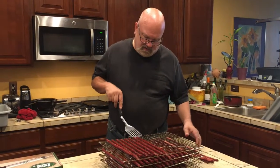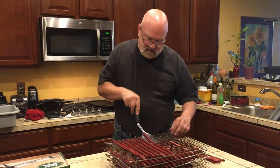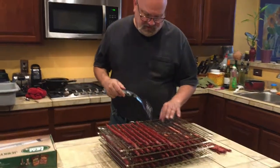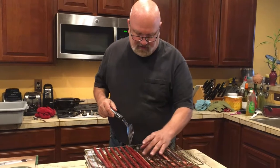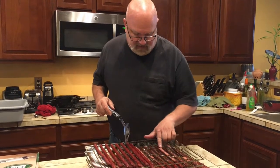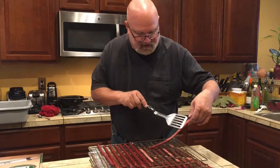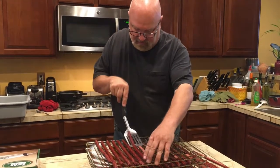Alright, well, here's what they look like almost 6 hours later. They came out good. I got a few lessons learned here. If I use these kind of racks, I'm going to have to put down the mat you can put on top of them, because some of them got right in between the 2 wires and kind of stuck in there. Most of them are okay, but see, like that one, it kind of cut it off a little bit. Most of them are doing okay,